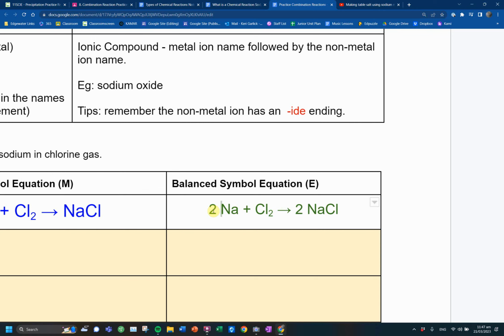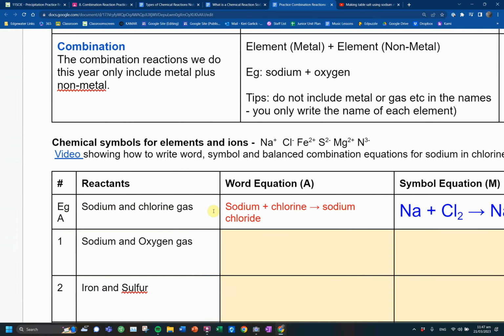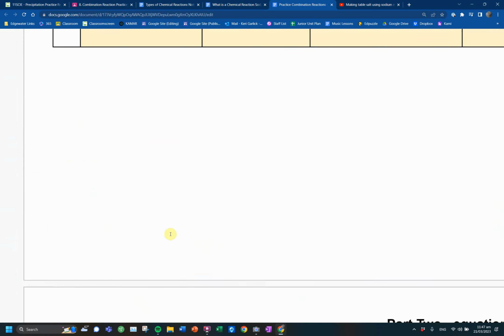We good so far? I'll make some practice problems and post those up, because I haven't had a chance to, so you can practice the combination reactions: how to word equation them, symbolic equation them, and balance them. Sound like a good plan? Okay. Looking through the other examples that you had,